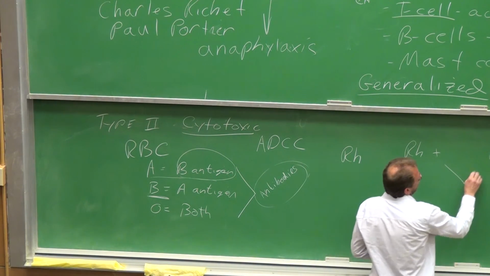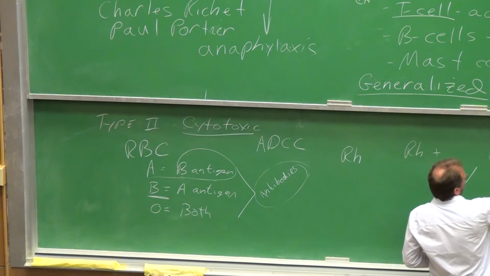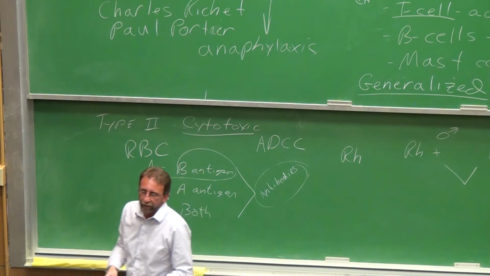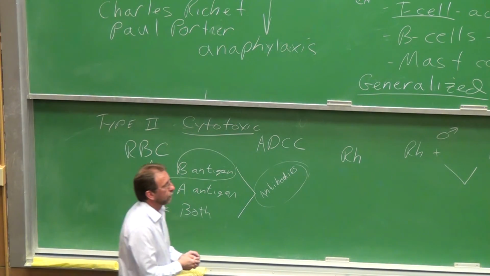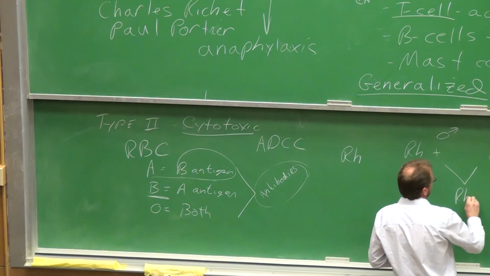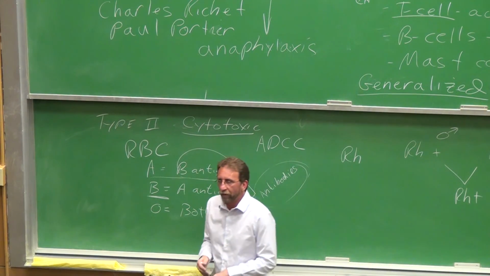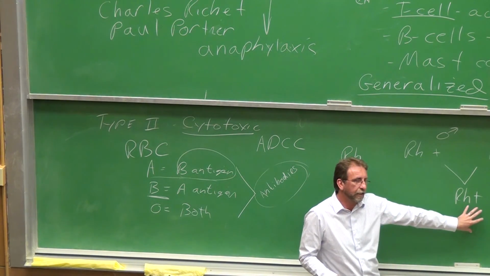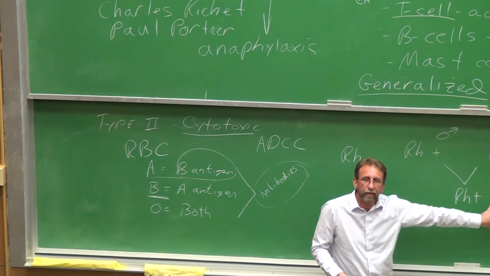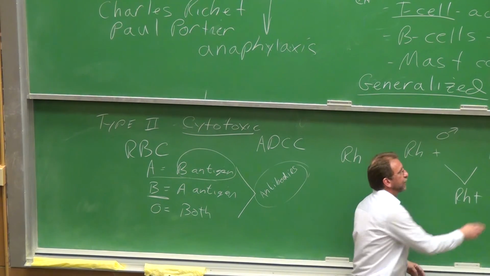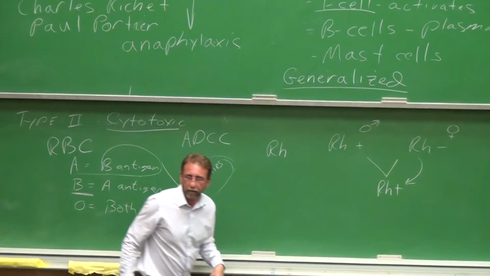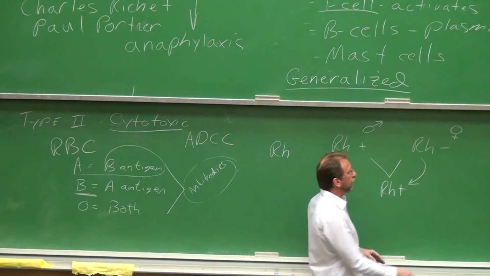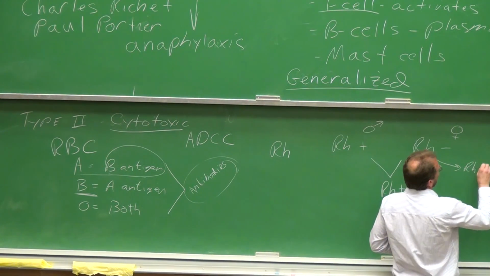Well, here's the problem. If our mother, who is Rh negative, marries an Rh positive male, and they have a child that's Rh positive, well, that's fine. That's all well and good. Except that during birth, there's a good chance that this child's blood mixed with the mother's blood. And so now the mother has been exposed to the child's Rh positive blood. Upon being exposed, the mother then is going to make Rh positive